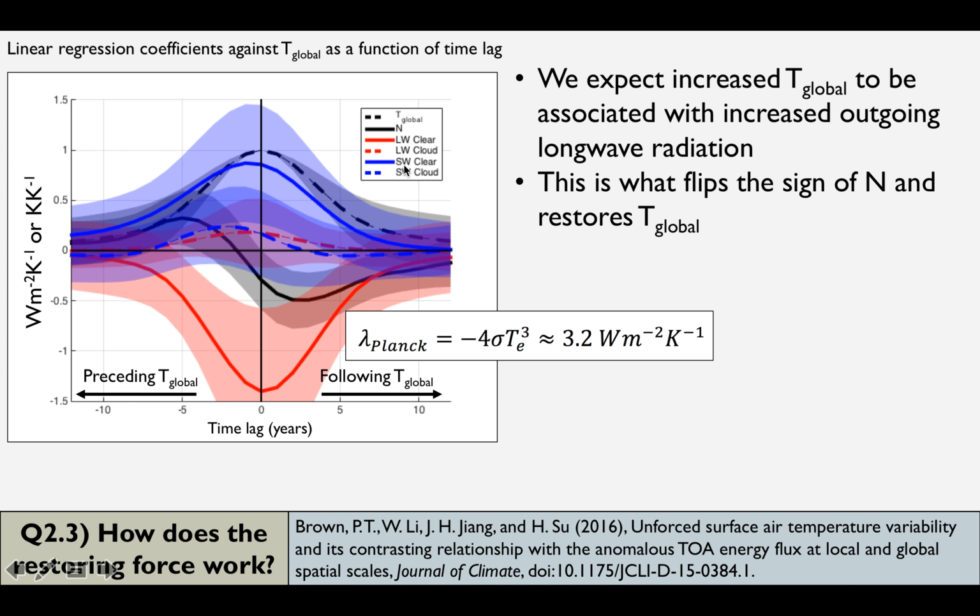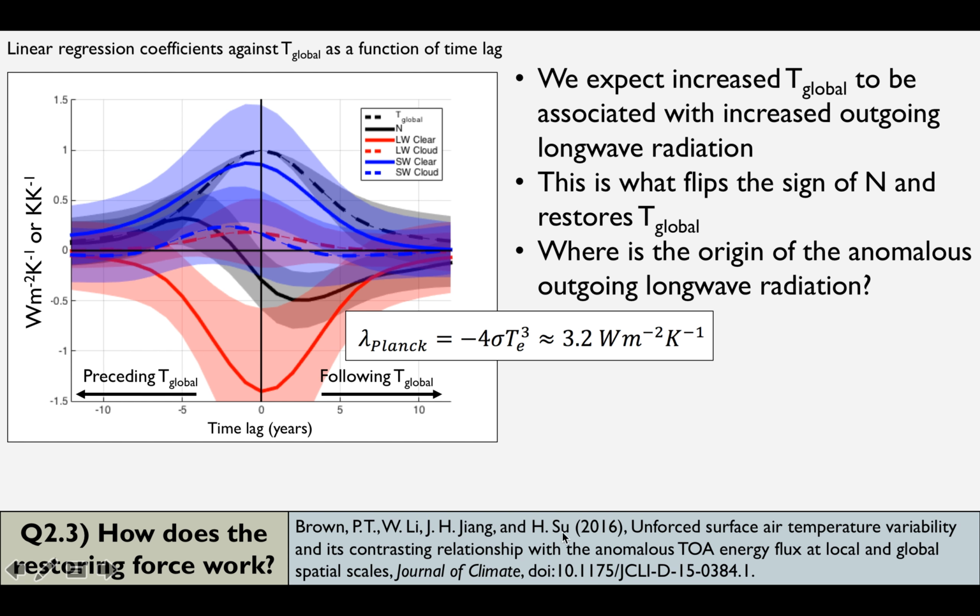So you have this clear sky short wave in the solid blue here that's kind of pulling N up, so that would be the surface albedo component. But eventually this one loses to the clear sky long wave, and the N sign flips. And so that's what's going to cause global temperature to then restore and go back to its kind of equilibrium value. But in this paper, we looked at this in a lot of detail,